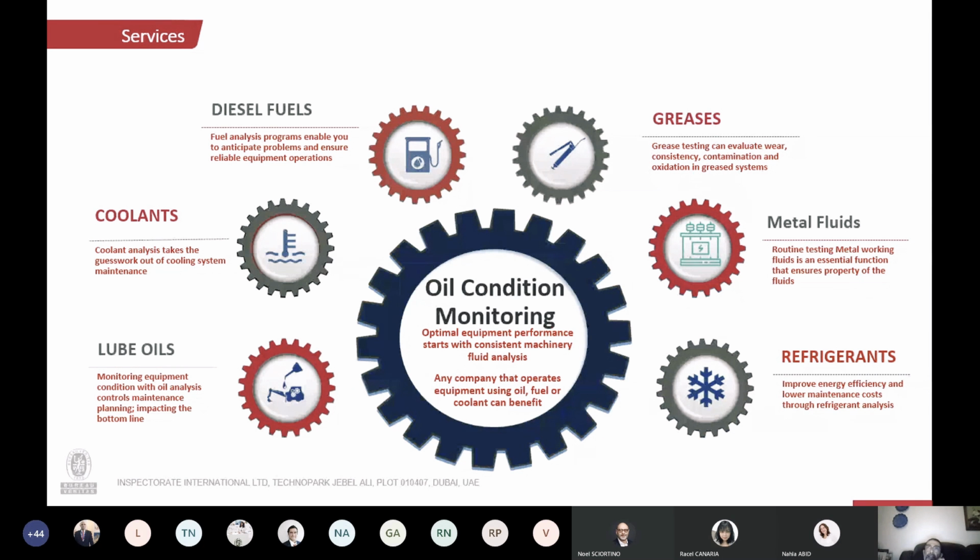Metalworking fluids, again, in certain applications where metalworking fluids are being used, knowing what is going on with the fluids involved and the wear associated with it is important. Coolants, whenever there is a cooling system involved. Of course, the heart of this is the lube oil, which is basically used for lubricating the equipment and the moving parts of the equipment at all times. And whenever there are refrigerants, we have the facility of